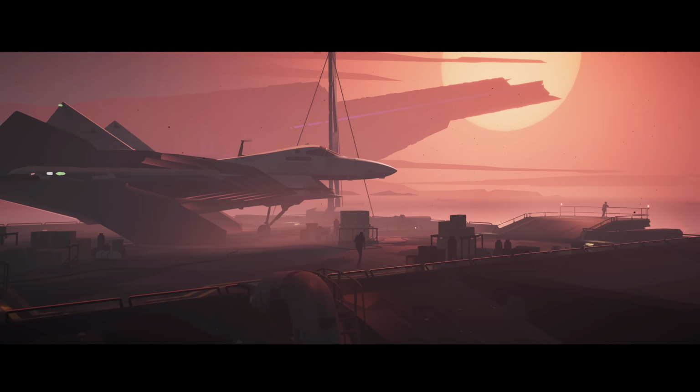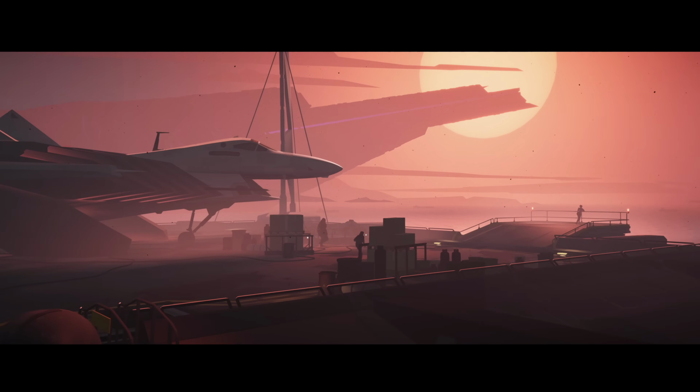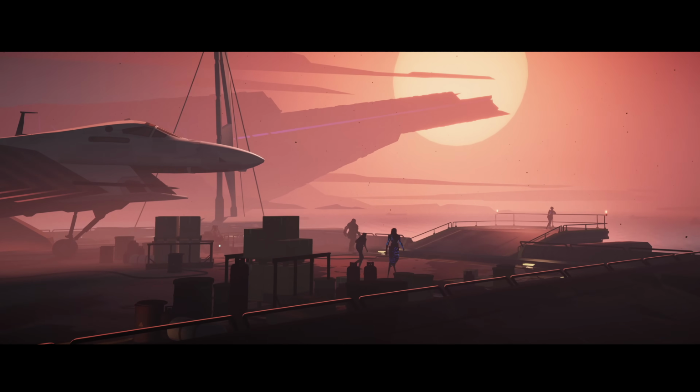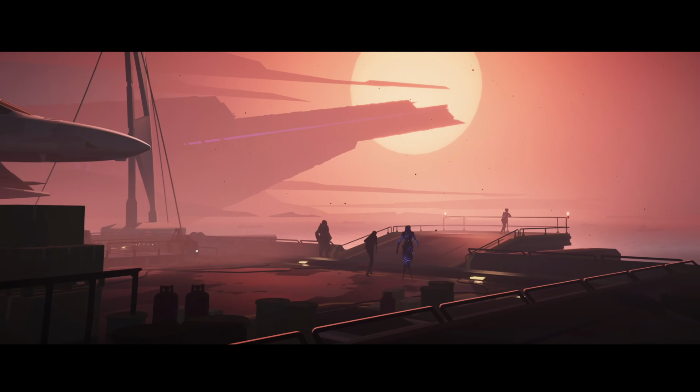And we're going to walk to the right-hand side to where that little balcony is with that one character at the very far end. And here we'll be joined by the blue character, the red character, and the purple character. And,